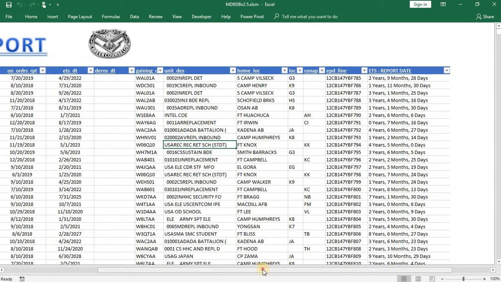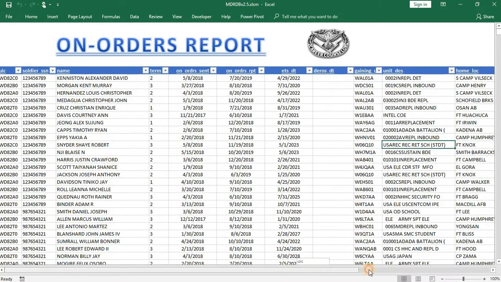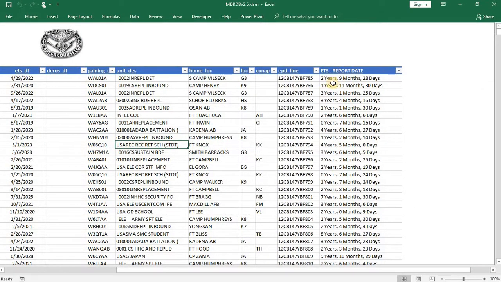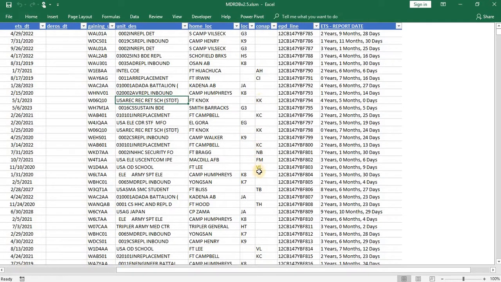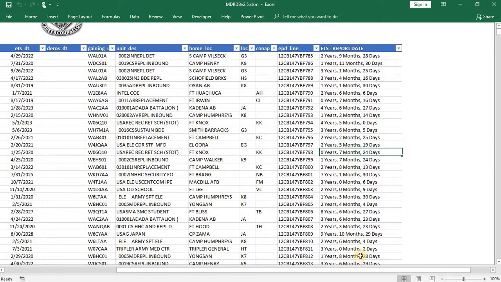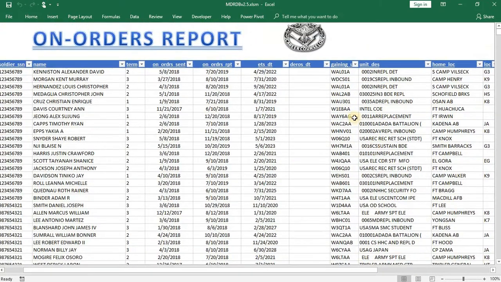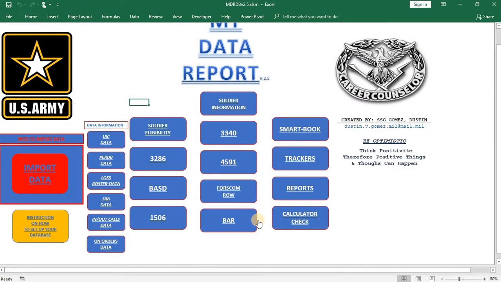On orders, pretty much in here, I'm just telling you who's on orders, and there's a formula here for your ETS minus report day. So if we know this soldier is going to Germany, you've got to see who needs to take action. Korea, Hawaii, these are the overseas choices. Like this one going to Fort Knox, this one has 0 years, 7 months. Those are something you've got to take action on, so you could see. Like I said, you've got to do these updates every Tuesday, so you have a better idea who needs to